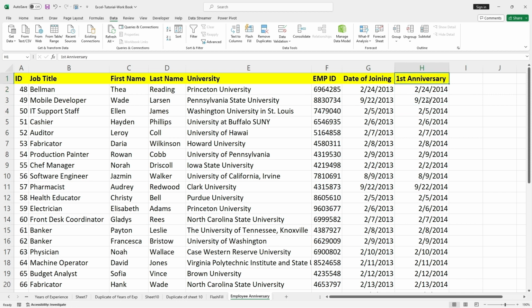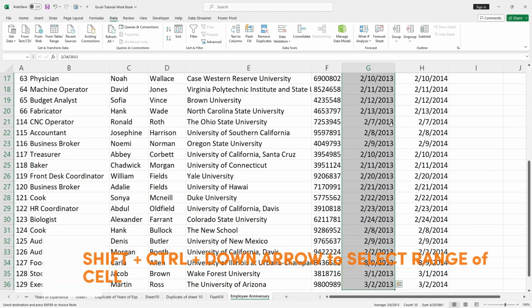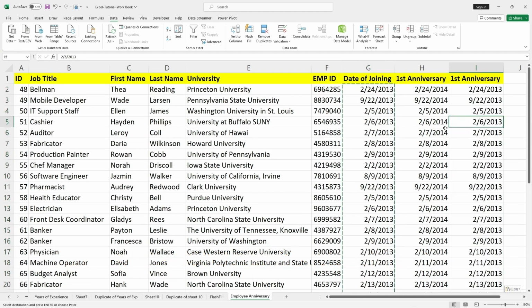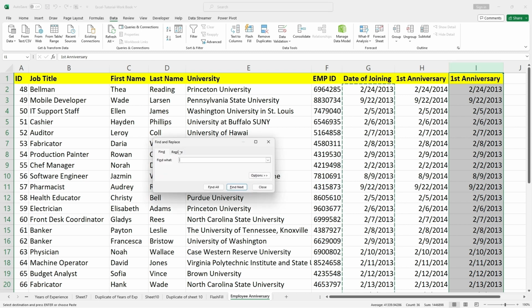There is another shortcut to find out the first anniversary. I will just copy the date of joining here, Shift and Control, then drop down, Control C and Control V. So I have copied the date of joining. What I will do is I will use Control F, then I'll say 2013, and I wanted to replace with